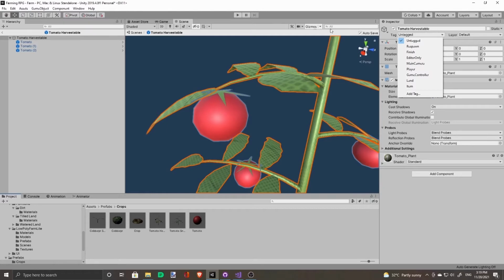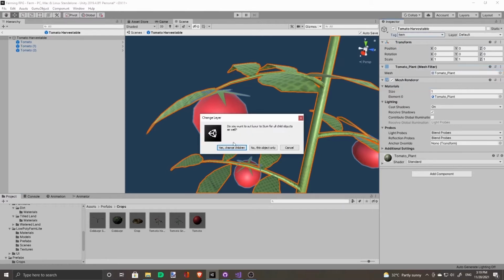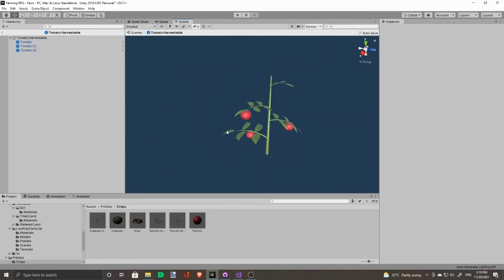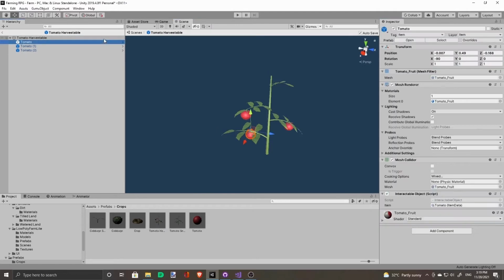The player also has to interact with this. So we set this to item for the tags and the layers. And we'll add a mesh collider back into this harvestable object.